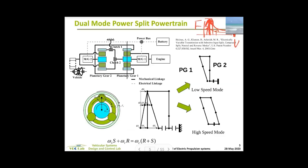So what GM people came up with is two mode. One for mid-high speed and one for low speed. So this is low speed mode and this is high speed mode. And by using these two clutches, you can actually create two different architectures from one architecture. If you did not have any clutch, you will only have this mode, but by having clutch, you can actually have this mode as well, or vice versa. So this is a sort of schematic, cross-sectional view of the PG and the